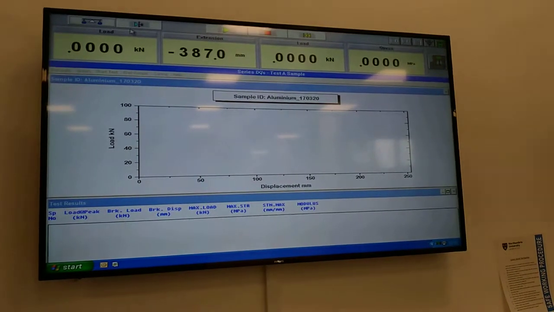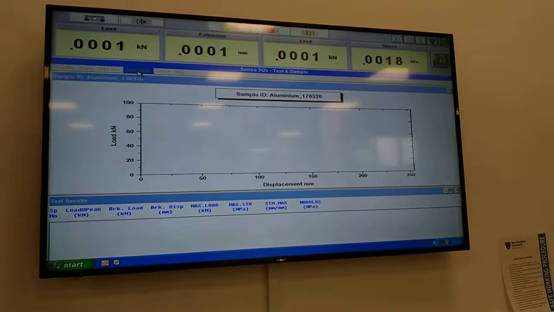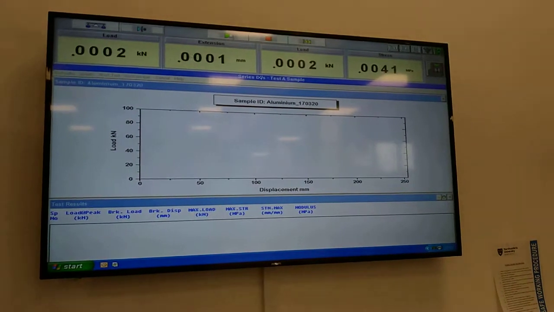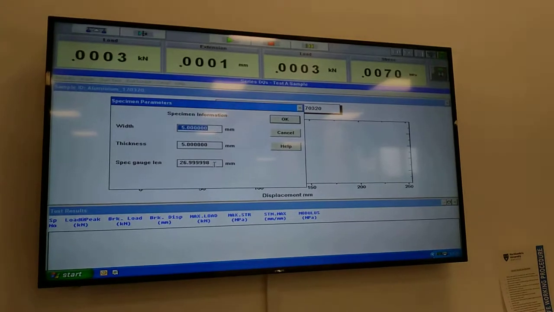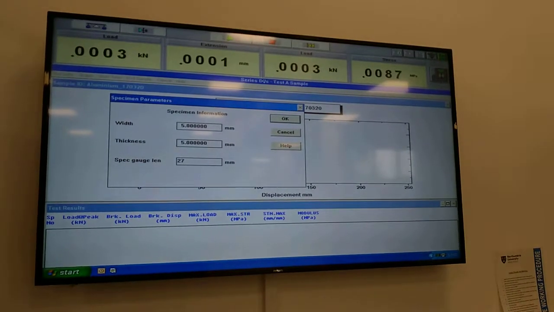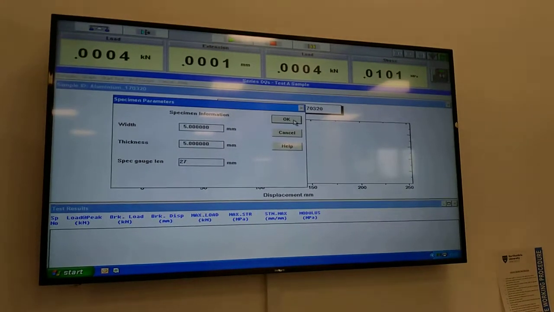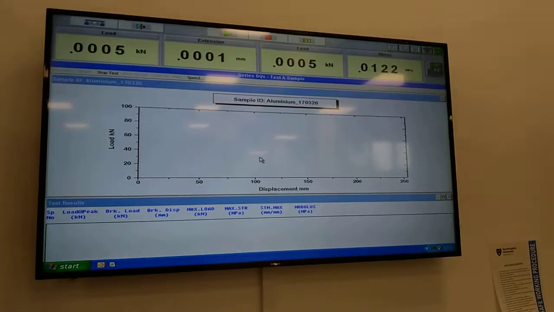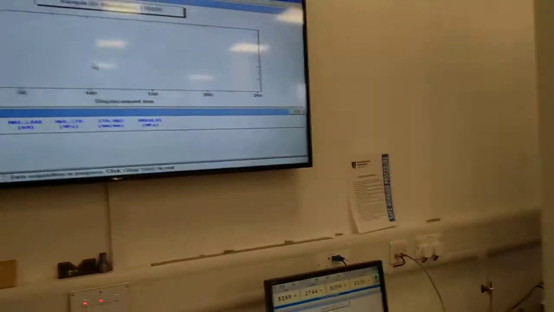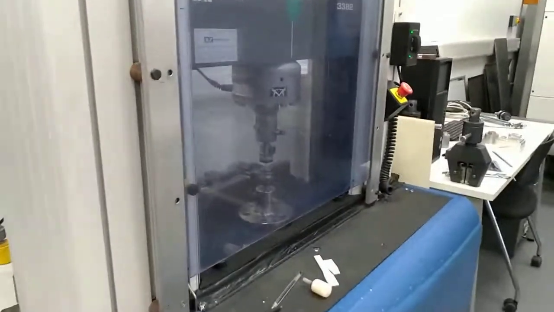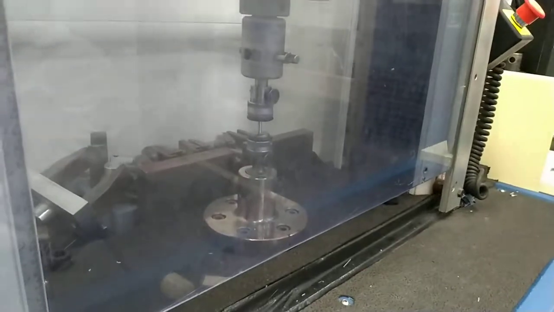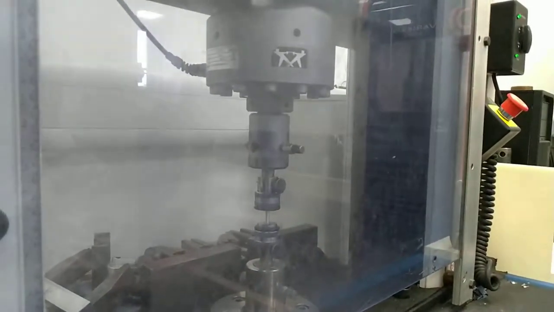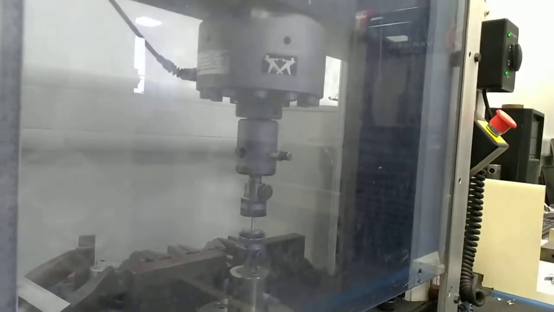Set the load to be 0 and displacement 0 as well. And start the test again. And I start it. Please record the configuration. So basically you cannot see any necking stage on a PLA specimen, but on aluminum you can see